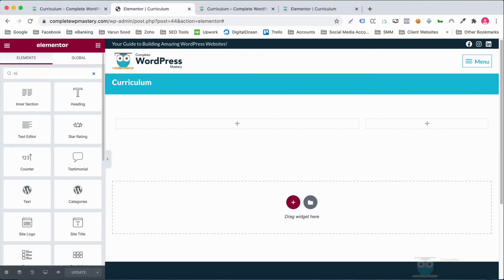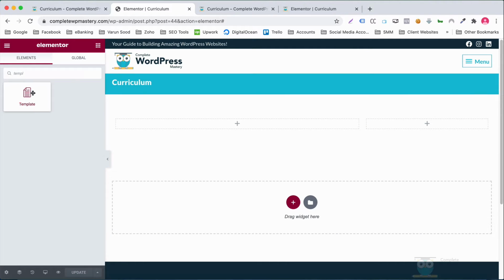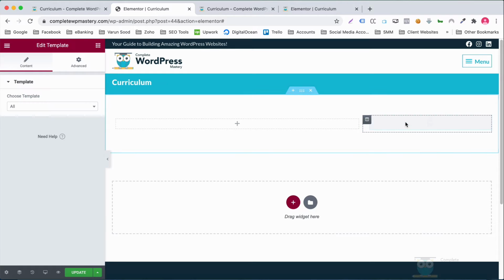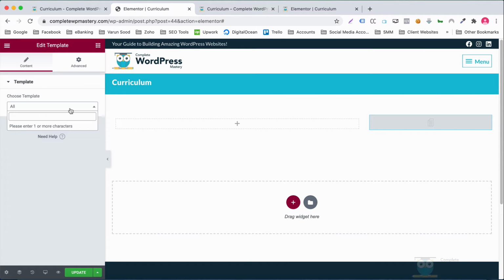Let's drag a template widget onto the sidebar and choose the Clarity Session template that we designed earlier.